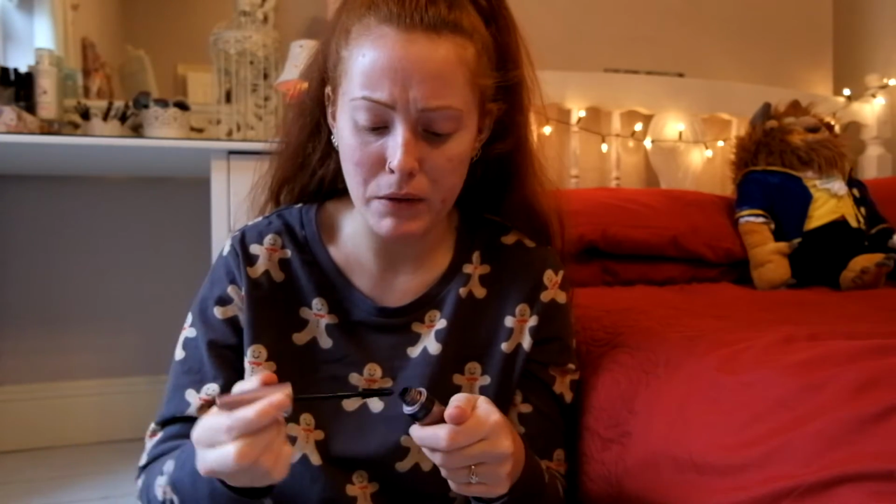My next favourite is something that I've seen on loads and loads of YouTube channels. Didn't believe the hype, then I bought it and I absolutely love it. It is the Lash Sensational Maybelline Mascara. I love this stuff. It's got such a good applicator. It makes my lashes look super, super defined. It splits them so they don't all clump together. It's really good. It's about £8, and you can get it from your local